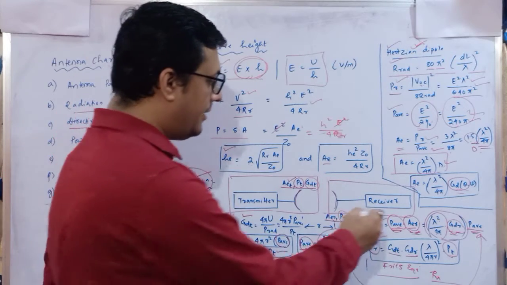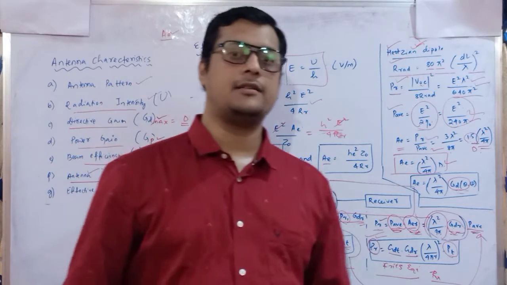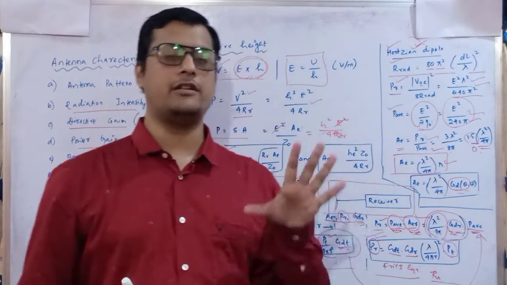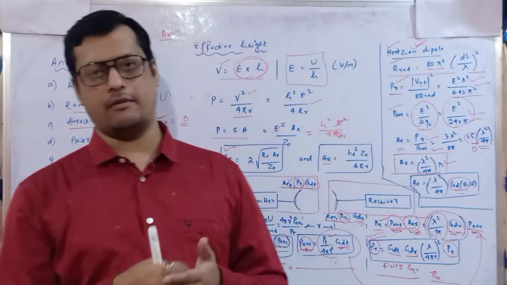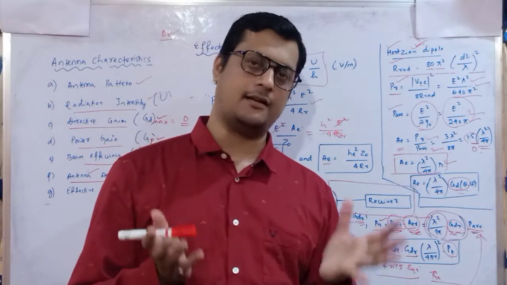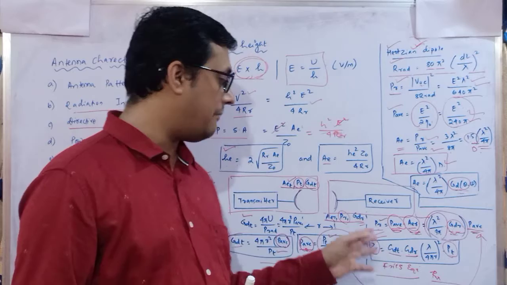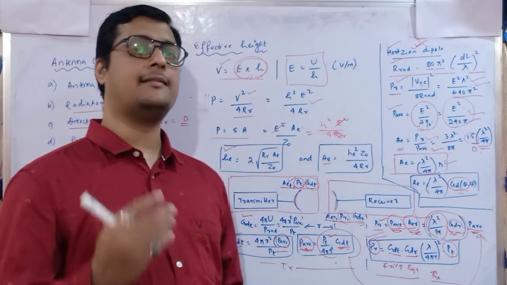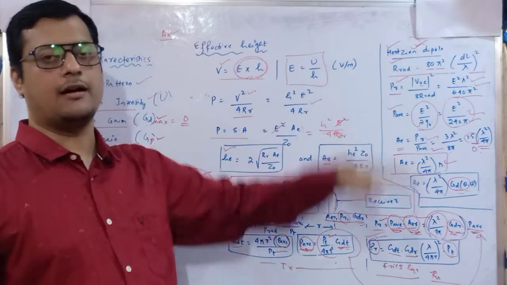Now, in order to identify this effective area, the most important thing is the choice of a particular antenna, which sort of antenna it is. Whether it is a half wave dipole, a quarter wave dipole, a Hertzian dipole, a loop antenna or a helical antenna, depending upon the cross section, your effective aperture area will change. Now let us discuss with respect to the Hertzian dipole. I have considered the Hertzian dipole.